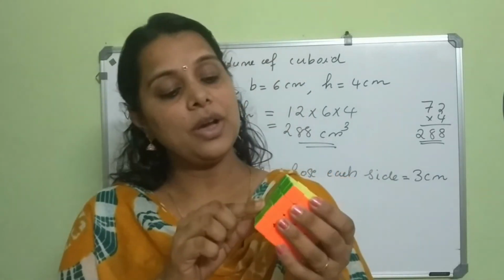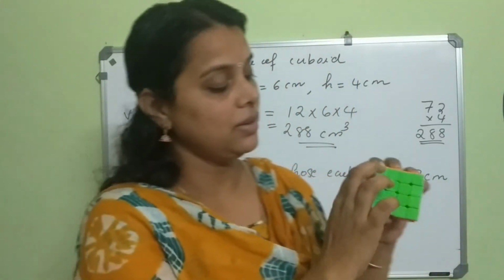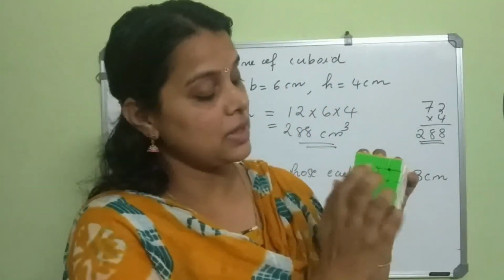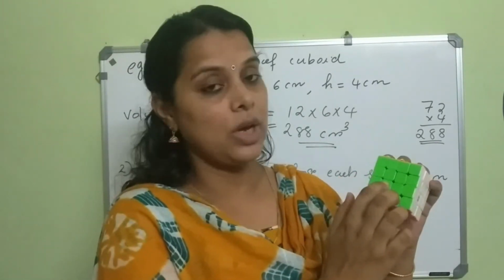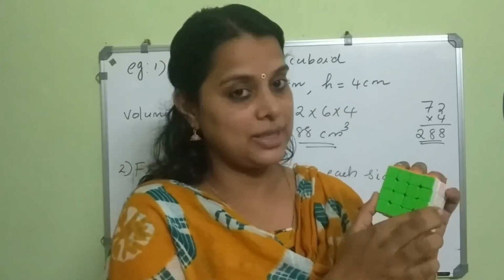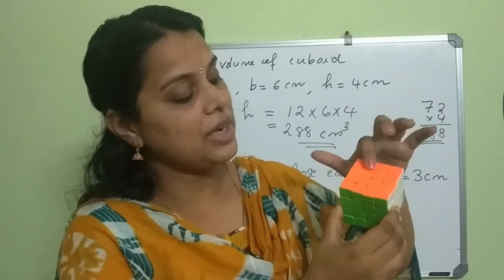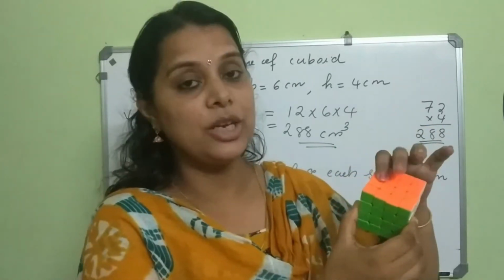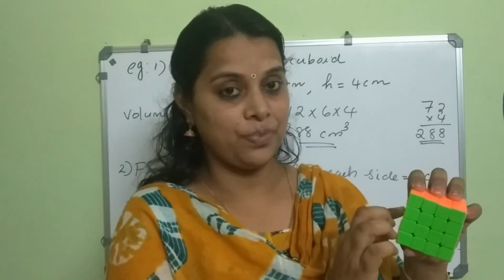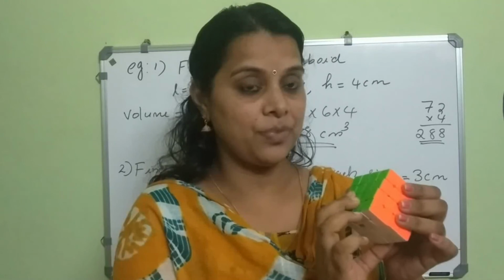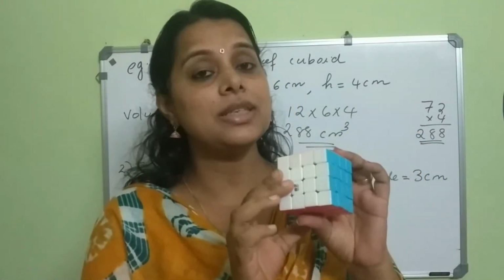Okay. Now we are going to find what is the volume of this Rubik's cube. See this layer. You can see 4 cubes. Here 4, 4, 4. Total 4 plus 4, 8 plus 12 plus 16. Total is 16. This layer is 16. We can see 3 more layers. All 4 layers having 16 cubes. So total is 16 into 4. That is 64. 64 unit cubes. That is the volume of this Rubik's cube.